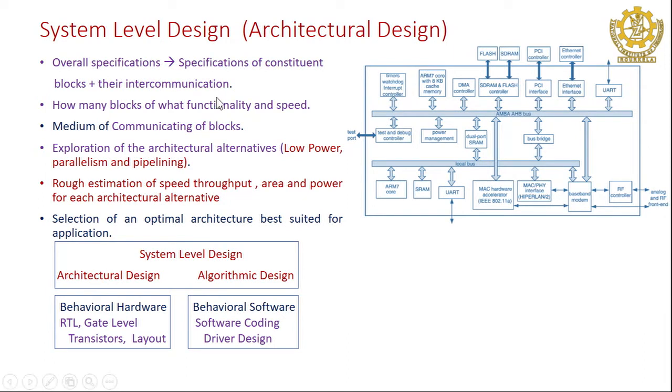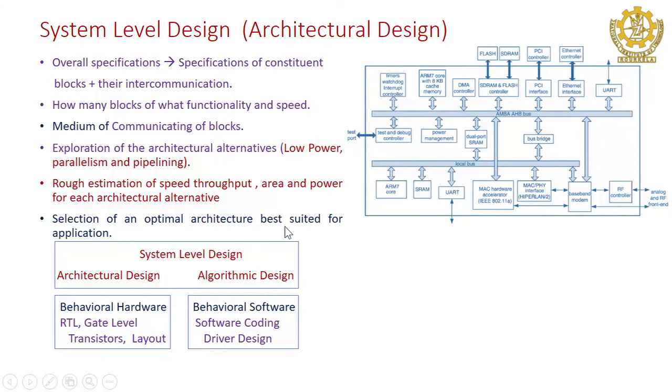Okay. So that means at the end of system level design, we may have a rough estimation of the speed, and a rough estimation of your outcome like throughput, area of the design or power of the design. There may be a chance that you as a design engineer have one set of architecture, another fellow may have another set of architecture, and his architecture may be better than yours.